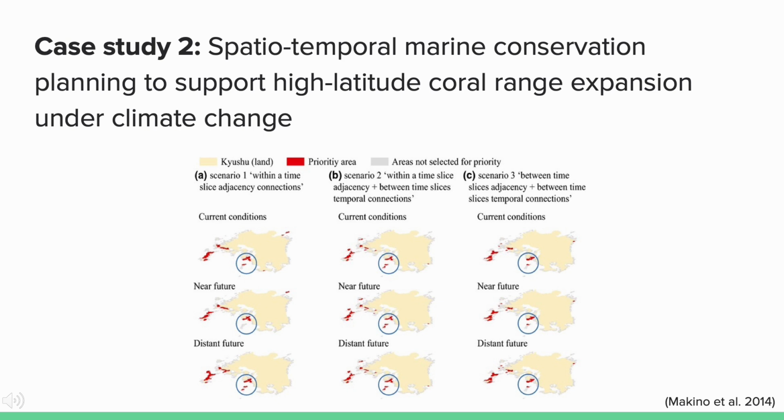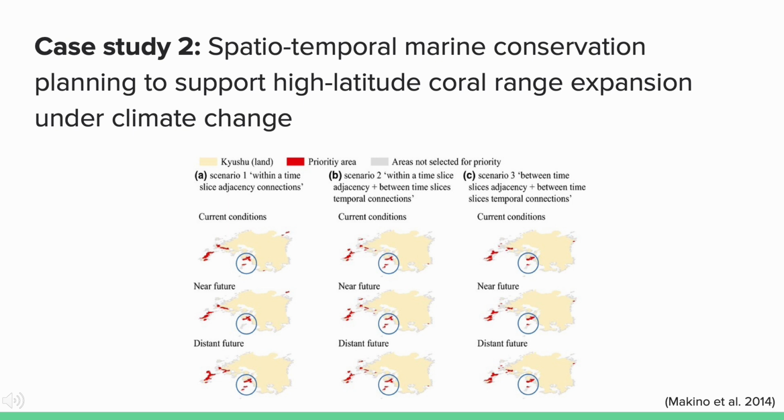By including spatio-temporal connections into spatial prioritization, they were able to create conservation plans for marine life that considered the unique spatial and temporal dynamics of coral habitats in this region and facilitate the adaptability of marine ecosystems as SST rises. So this research has important implications for the future management of marine ecosystems, highlighting the importance of incorporating spatio-temporal